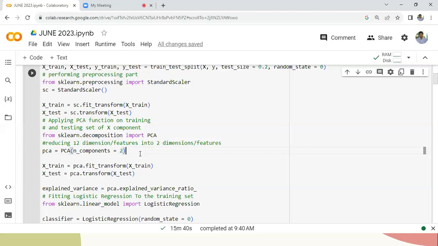So the PCA function is applied. Now just fit it. The PCA function object is created. Small letters pca represents the PCA object which was created, and the number of components mentioned is 2. So I'm just fitting the model, pca.fit, on training data as well as test data, right? Now once the model is available, I would like to apply logistic regression on my new data set. So see here,